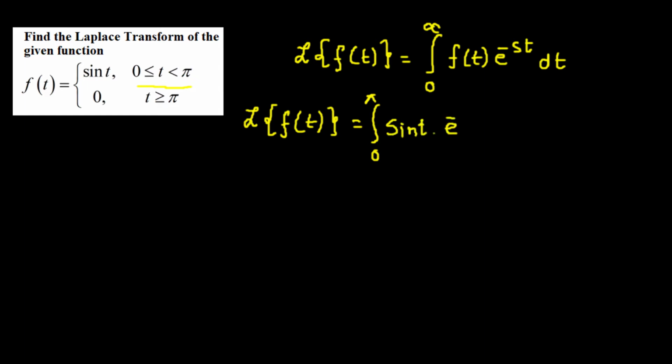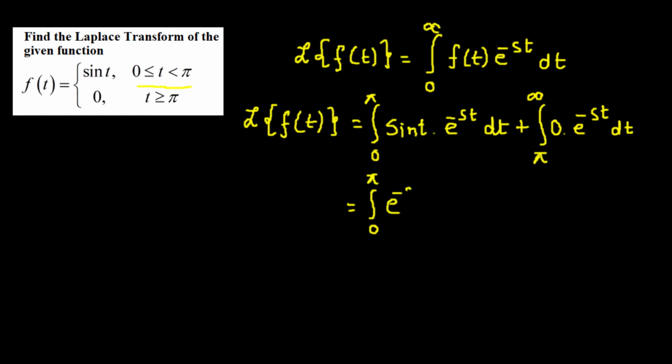times e raised to the power of negative st dt, plus the second integral with the limits going from pi to infinity, and within this interval the value of the function f of t is 0. So we have 0 times e raised to the power of negative st dt. Now the second integral will be 0, so we have to evaluate the first integral. So that's the integral from 0 to pi of e raised to the power of negative st times sine t